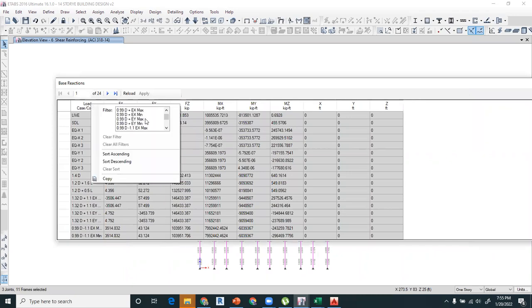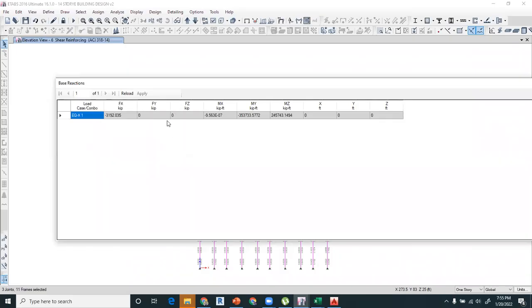लेट्स मी क्लिक ऑन दिस, अर्थक्वेक एक्स, राइट. सो ये आपके पास जो Fx की वैल्यू नज़र आए, दिस इज द बेस शेयर इन द डायरेक्शन ऑफ Fx. सो ये आपके पास बेस शेयर है. राइट, 3192 किप्स ये आपके पास बेस शेयर है. अगर आप कैलकुलेट करना चाहें तो आप मैन्युअली कर सकते हैं,